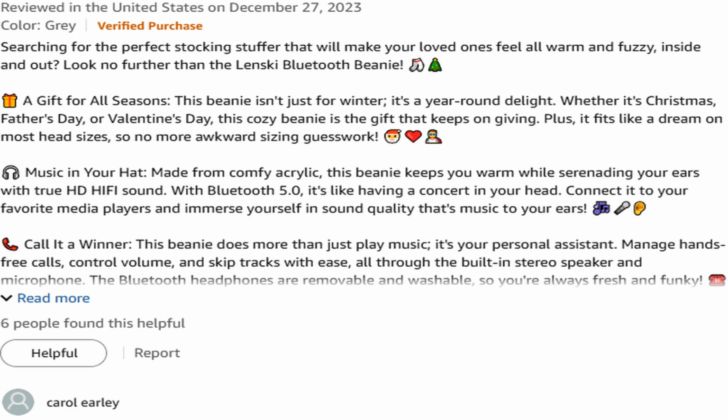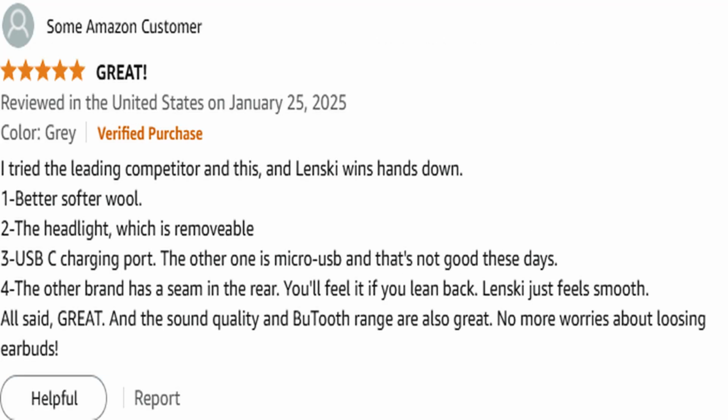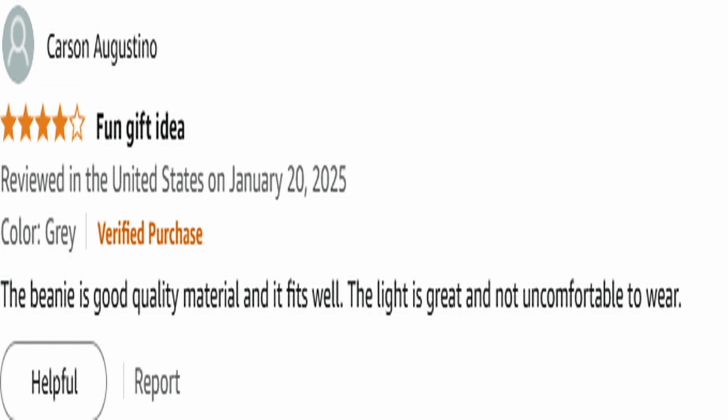of wearable tech accessories. It is crafted from soft acrylic material that ensures warmth and comfort, suitable for year-round use, not just in winter. The beanie fits most head sizes comfortably, eliminating the usual sizing concerns that come with headwear. This makes it a versatile gift option for various occasions such as Christmas, Father's Day, or Valentine's Day. Users have praised the softness of the wool, noting it is superior to many competitors, contributing to a pleasant wearing